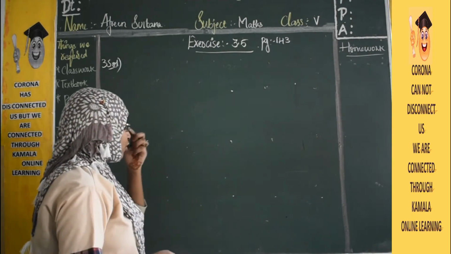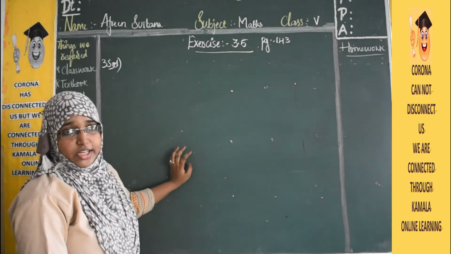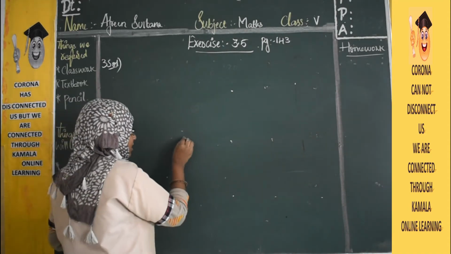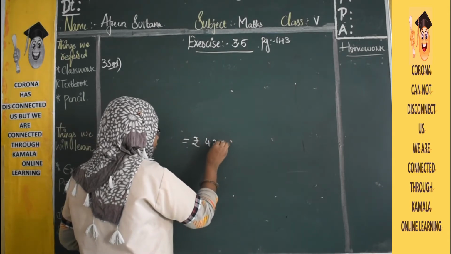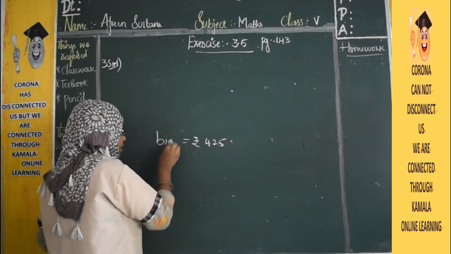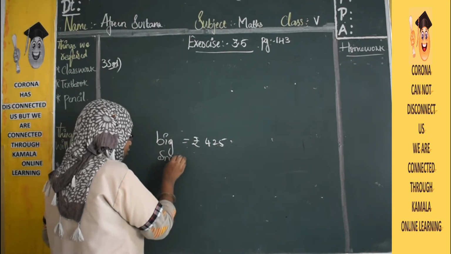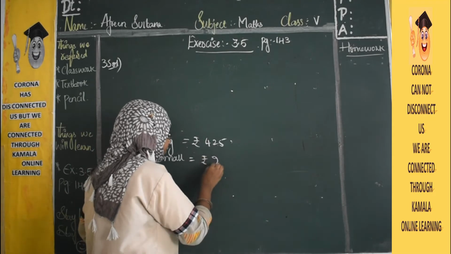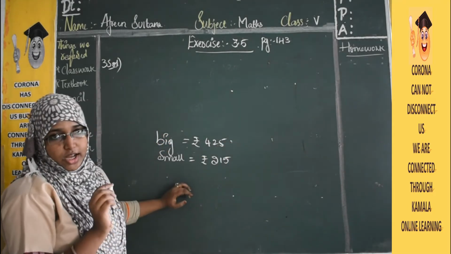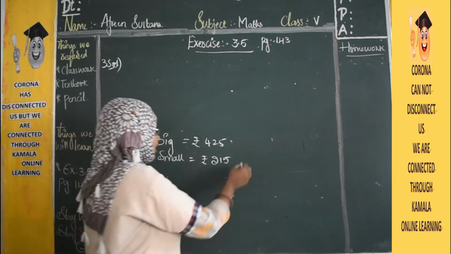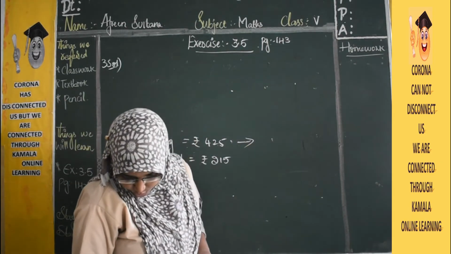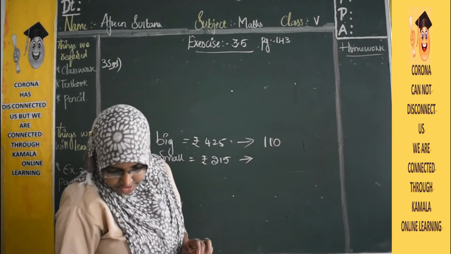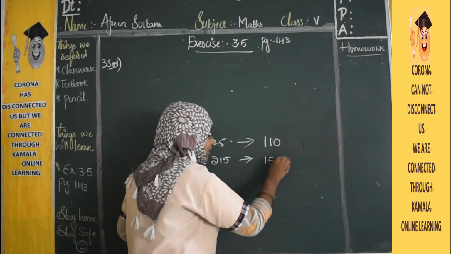So here they have given that some college students have visited a restaurant and they have ordered a big North Indian thali. The cost of one thali is around rupees 425. That is the cost of a big thali. Coming to the small thali, it is around 200, means a plate. So 215 is the cost of one small thali. So how many did they order? Of big thalis, they have placed an order of 110. And for small, they have placed 154 thalis.